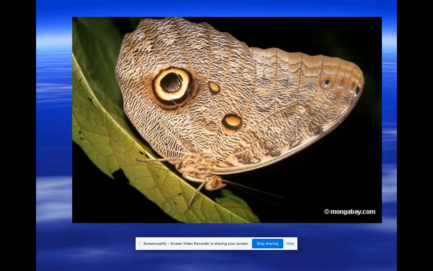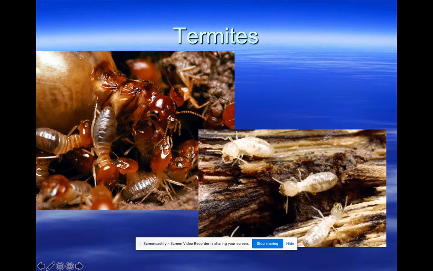Adaptation. And this is not camouflage. This is actually something called mimicry. So this circle on this moth or butterfly is supposed to mimic an eye of a big animal, maybe an owl or maybe some other animal. So a predator will see that circle, think it's another type of animal, maybe a bigger animal, and not go after it. It's called mimicry, but again, another type of adaptation.